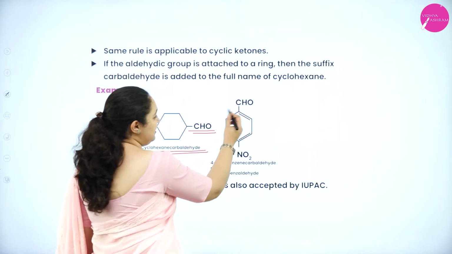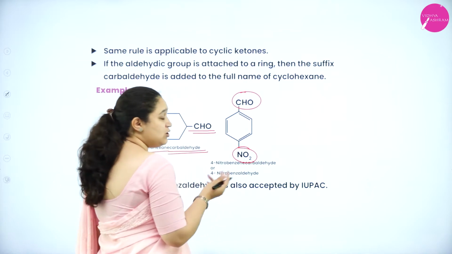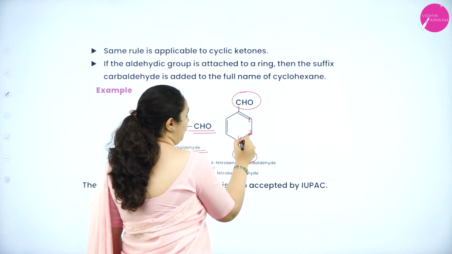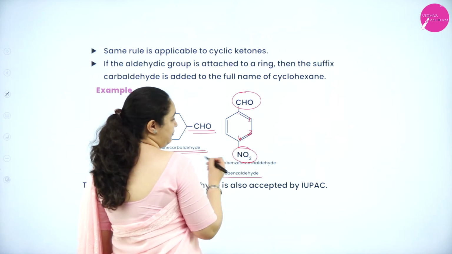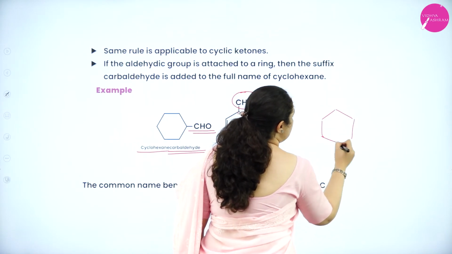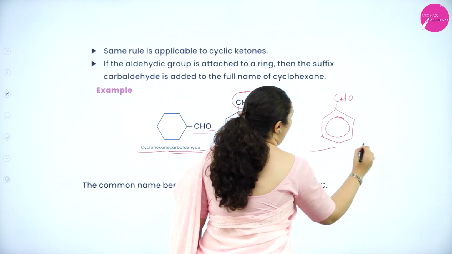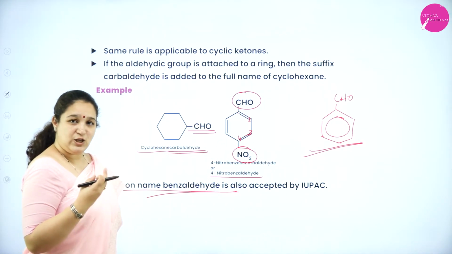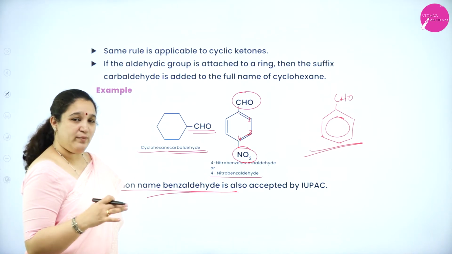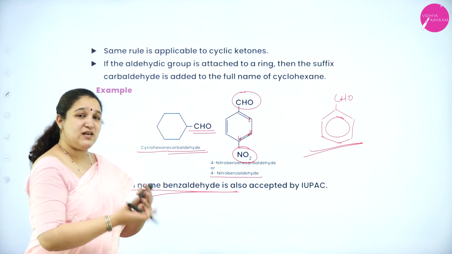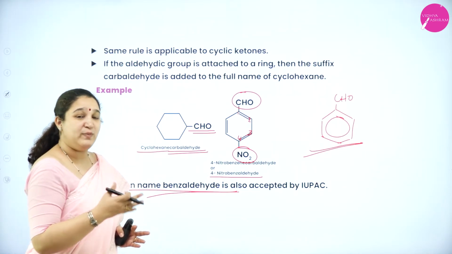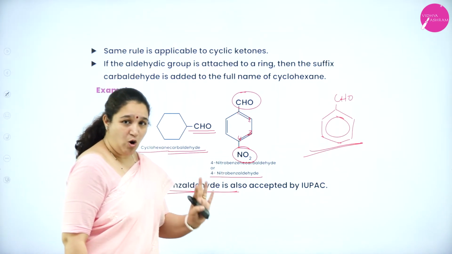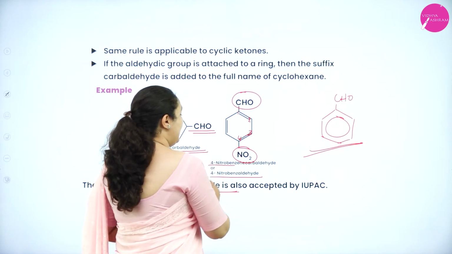Now here you have a benzene ring with an aldehyde group and a nitro group. So there are two methods of naming. Either you can write 1, 2, 3, 4, and 4-nitrobenzaldehyde, because benzene ring with CHO group, the common name and the IUPAC name are both benzaldehyde. IUPAC has adopted the common name as the IUPAC name. So you can write this as 4-nitrobenzaldehyde,